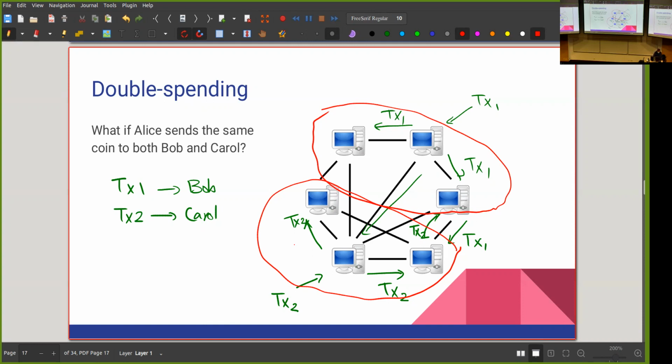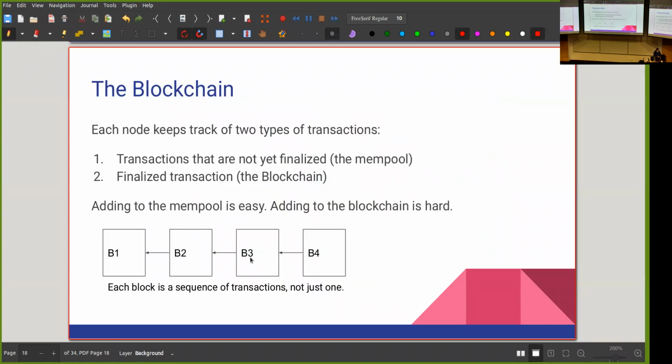So you see, the problem is not just for the cheater, it's for everyone else. And we need to really find a way to get to consensus. It doesn't matter which one of these 2 transactions gets into the consensus, but we have to make sure that after a short amount of time, everyone on the network agrees again. So this is the problem of double spending. Now, let's continue and let's see how we can solve this problem using what we call a blockchain protocol.